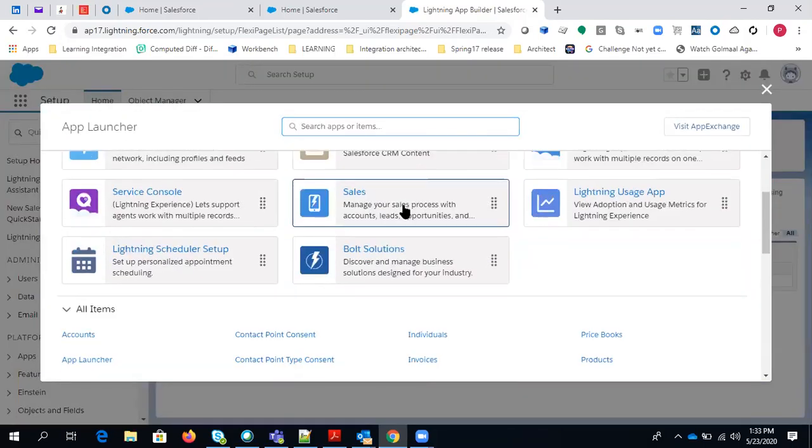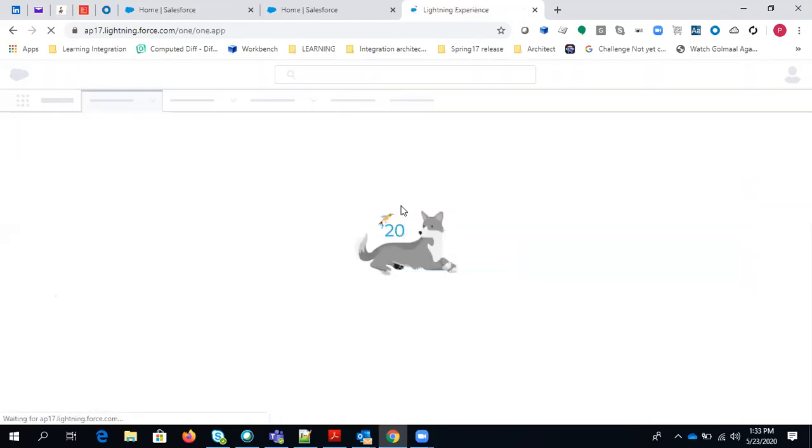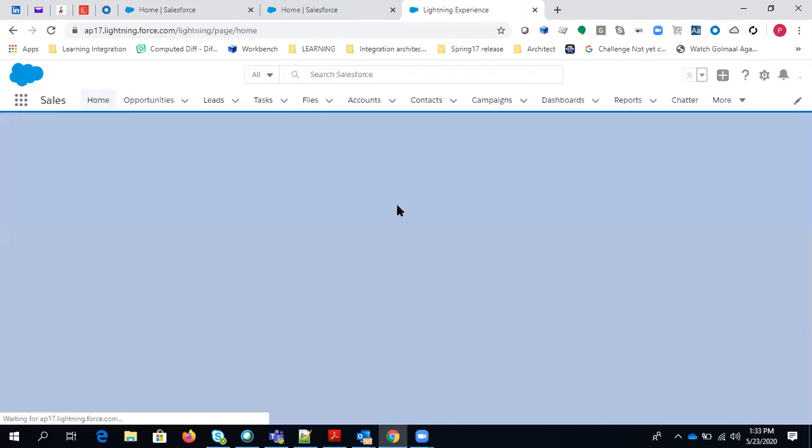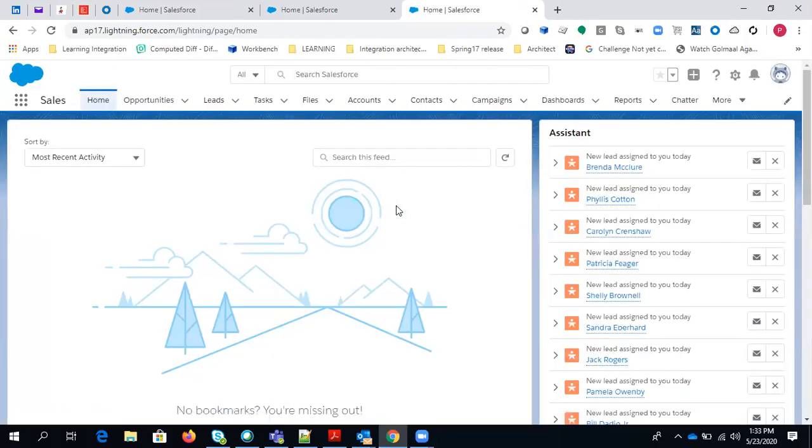Here in classic, what was happening is, let's say if you want to change any opportunity stage, then you have to go to that opportunity record, and then you have to edit the record to change the stage field, because stage is the only thing that can give you the idea where your opportunity is and at which stage it is.